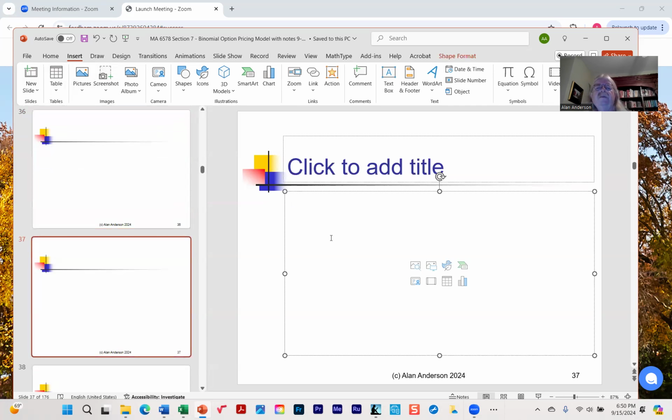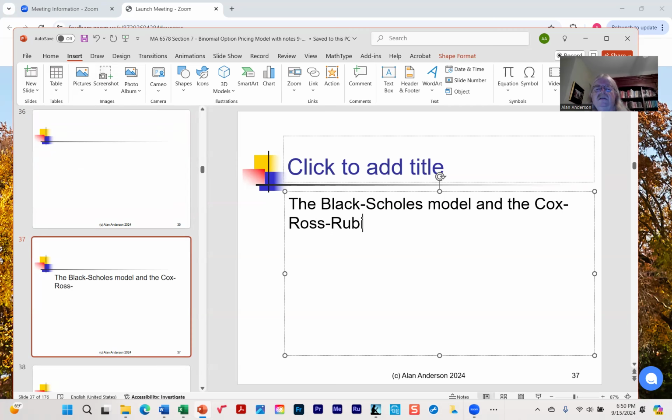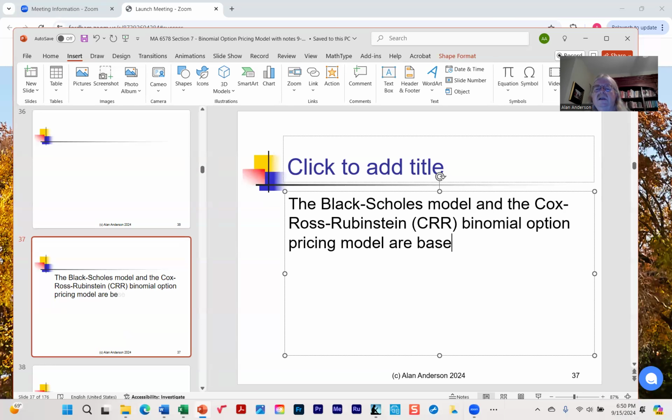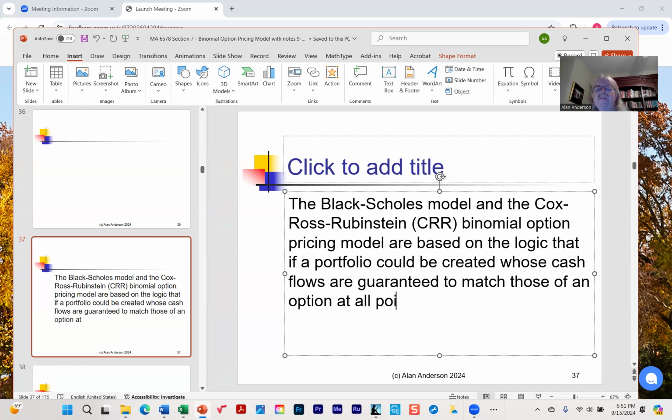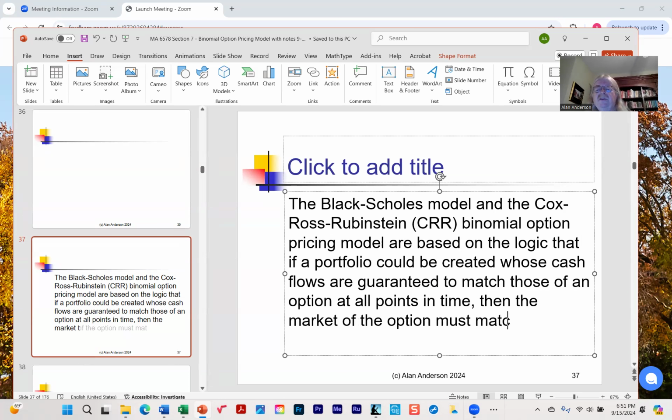Okay, so the Black-Scholes and the Cox-Ross-Rubinstein binomial option pricing model are based on the logic that if a portfolio could be created whose cash flows are guaranteed to match those of an option at all points in time, then the market price of the option must match the market price